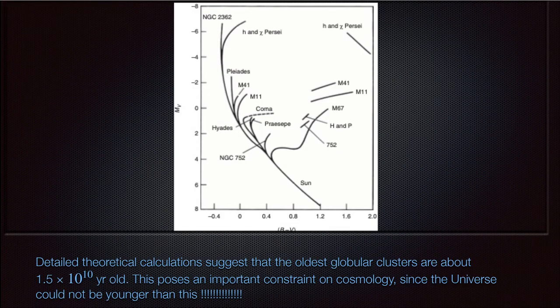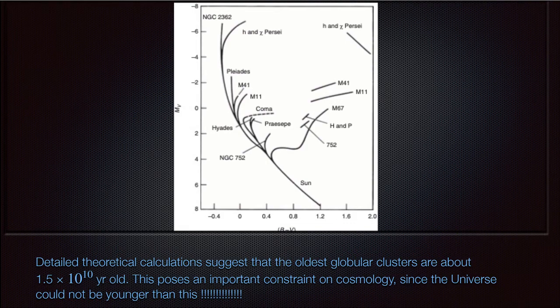Here in this diagram, we can see a number of clusters. As we have discussed earlier, the clusters whose turning point is lower will be much older, because their stars convert into the red giant phase much earlier compared to the other clusters. So from that we could measure how old a globular cluster is.